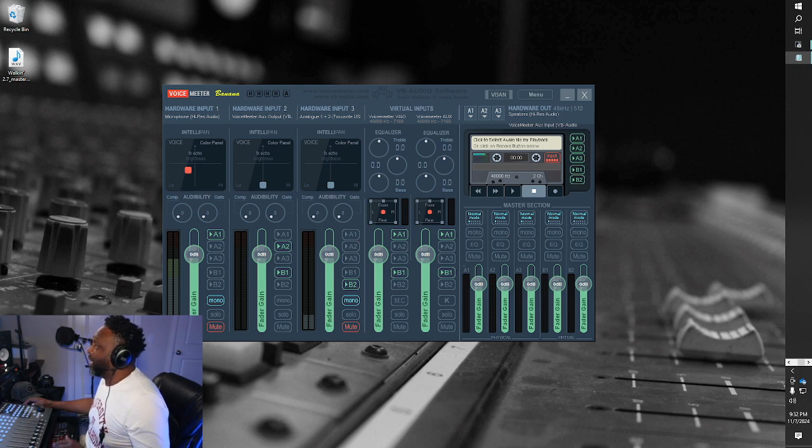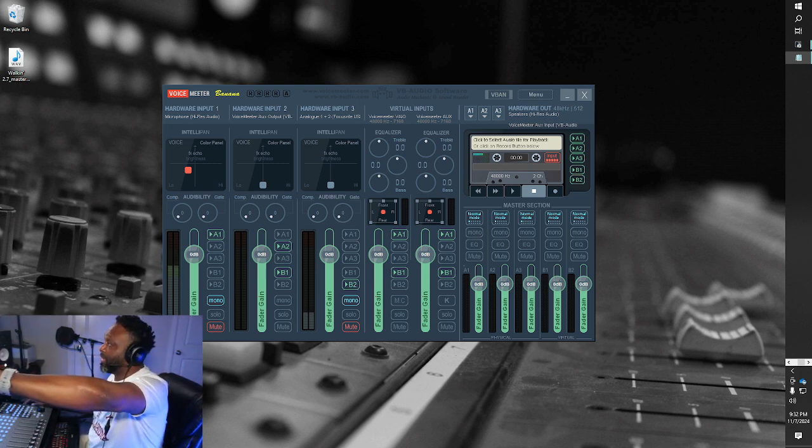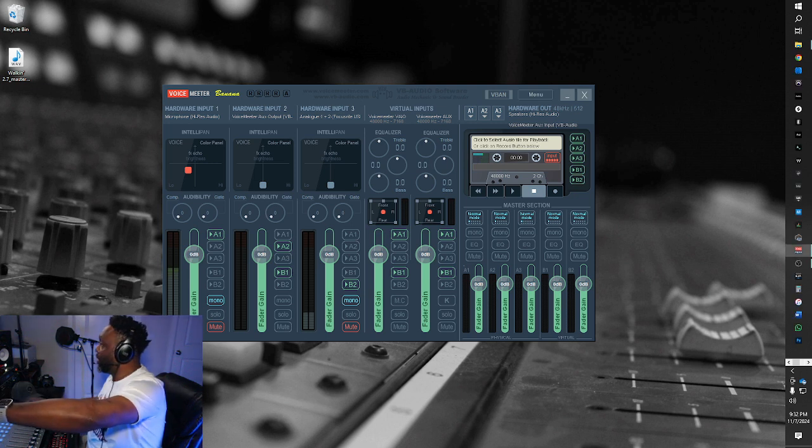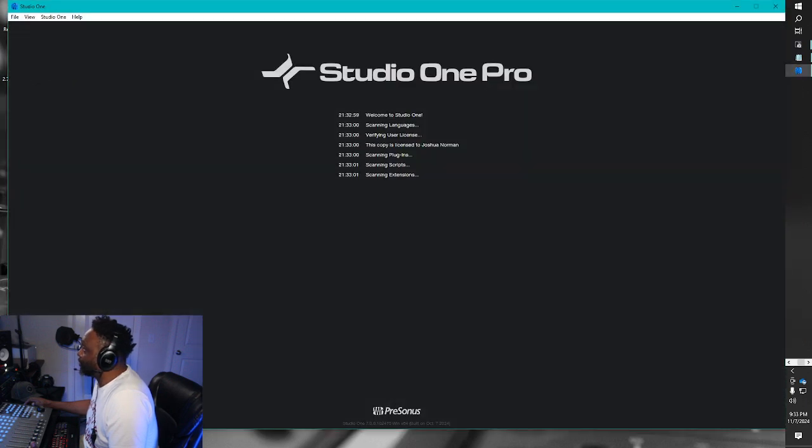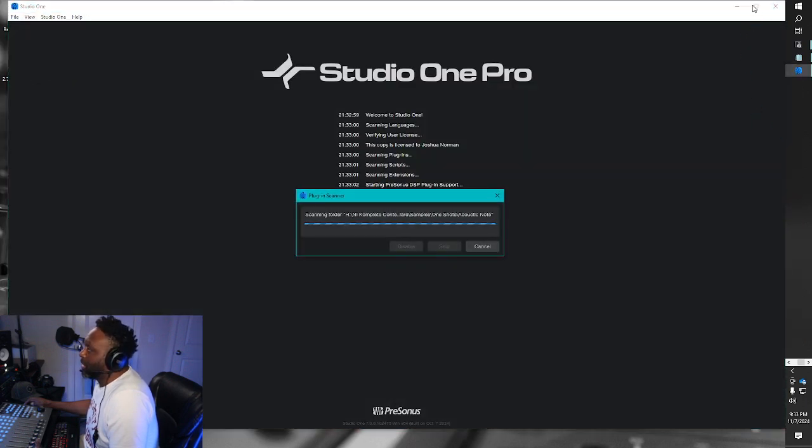Okay, and so that takes care of Voicemeeter Banana. We got Voicemeeter Banana, we have it routed everywhere that it needs to go. Okay, and now we're going to go over to Studio One. I probably should have had it open already so that I didn't have to sit here and wait. But in the meantime, since that's on screen, I'll just let that load up. It'll take it a few minutes. But anyway,